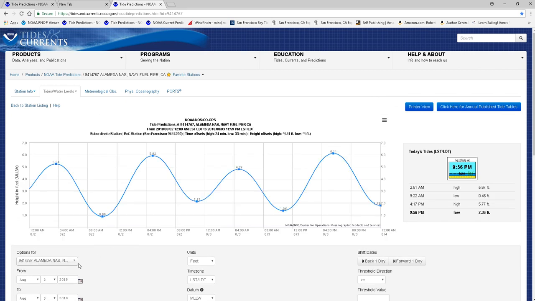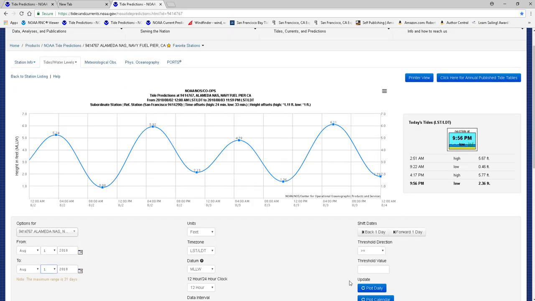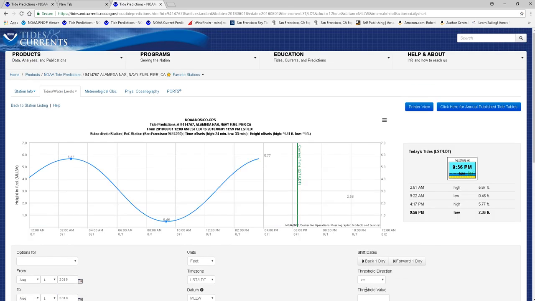and it defaults to the closest day. Let me drill in on today. For some reason, it's not automatically going to today's day. It's a day off, so let's do this, and we'll plot this. Okay, so this is the current time. It's 6:19 p.m. This green line will tell you that this is the current date time, and this is what the tides are doing right at this moment. So right now there's an ebb tide,